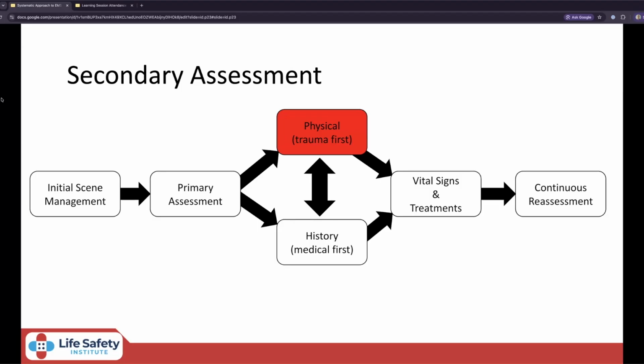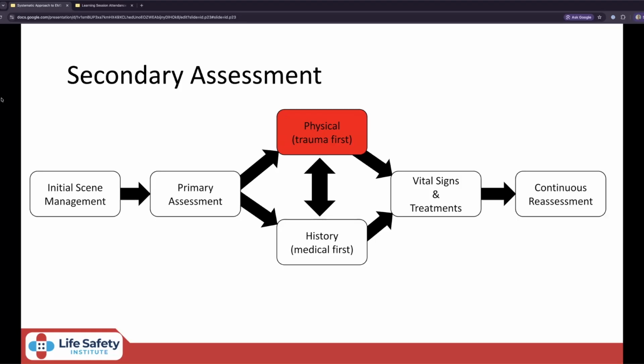The primary assessment really consists of the quick few things that are what we consider immediate life threats. So what are the things that, if not fixed, will kill the patient in a matter of minutes, right? If it's going to take us 20, 30 minutes to get to the hospital, and there's something that's going to kill them within that period of time, we need to identify it and manage it. And so the primary assessment is checking those immediate life threats, figuring out whether it's high priority, low priority, and moving on,